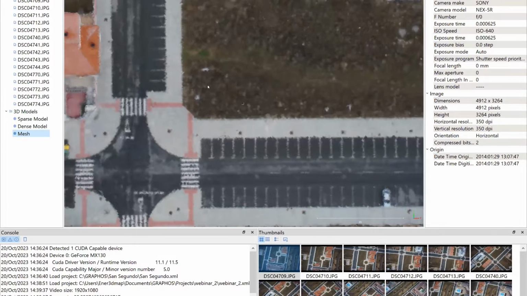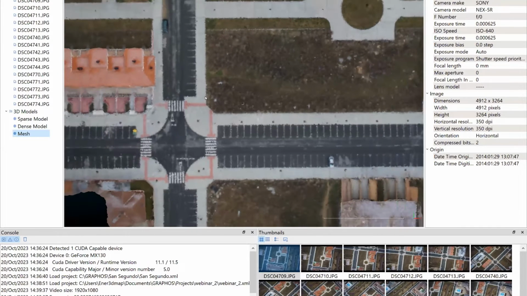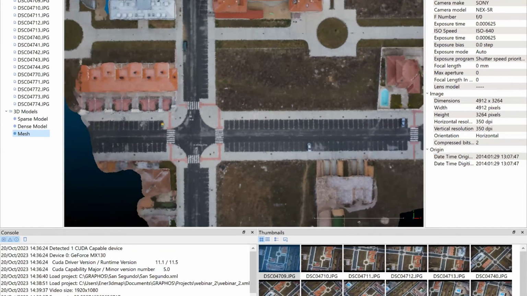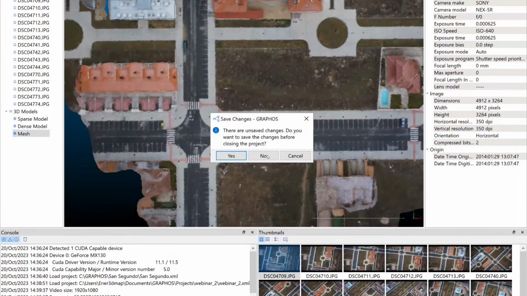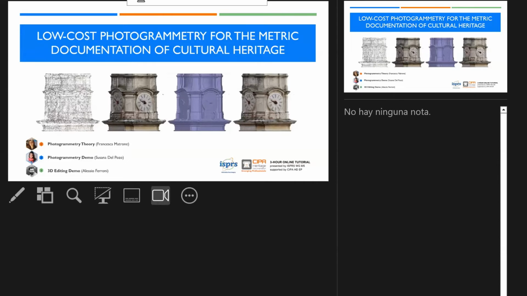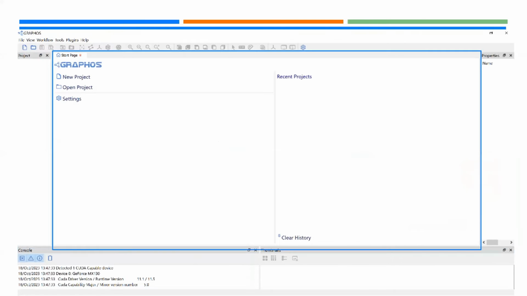Okay, so well, sorry for this inconvenience, because when I test the program, it never happens. But well, this is the problem of live demos. And well, to finish, just a slide. Let me show you. Sorry. The last slide, in which